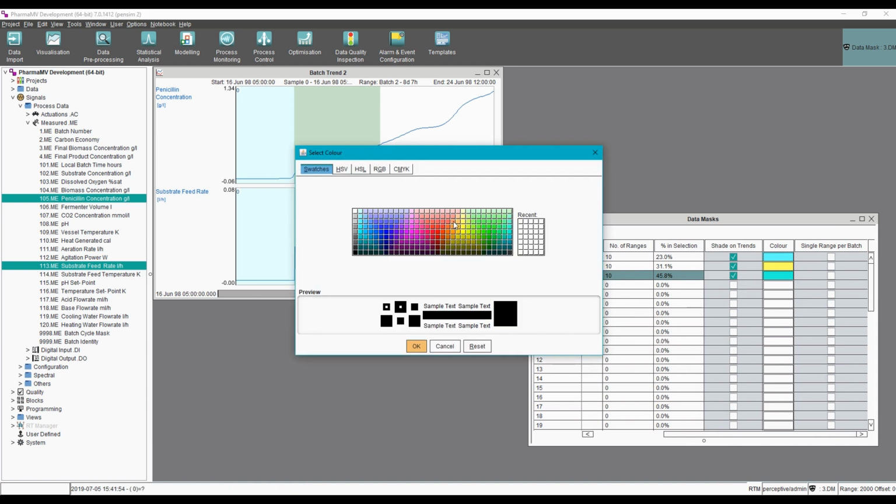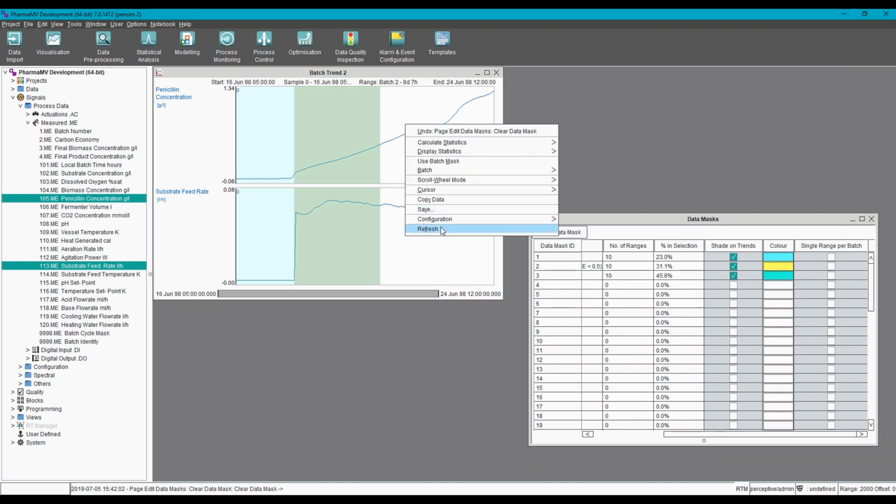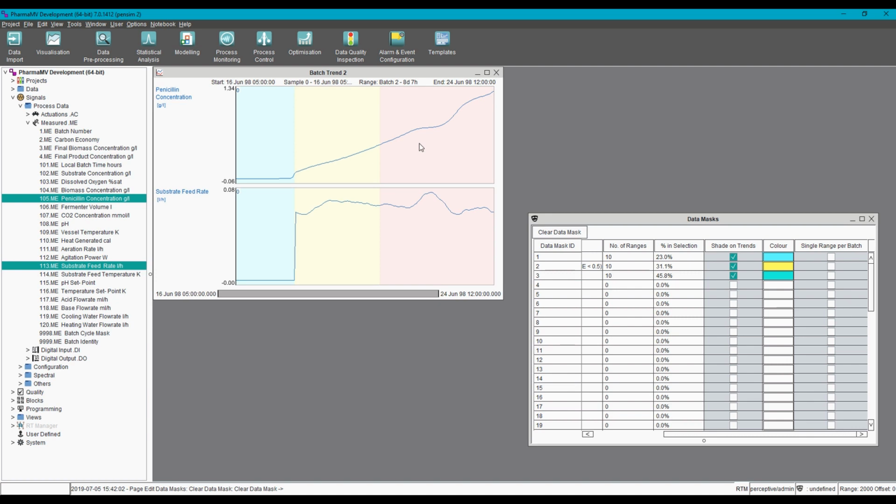We'll give that a nice cherry pink color. And when we refresh that, you can see that the whole batch is now defined by the 3 phases, and that's consistent over all of the phases. So I hope that demonstrates that the use of data masking combined with trends is a really powerful way of